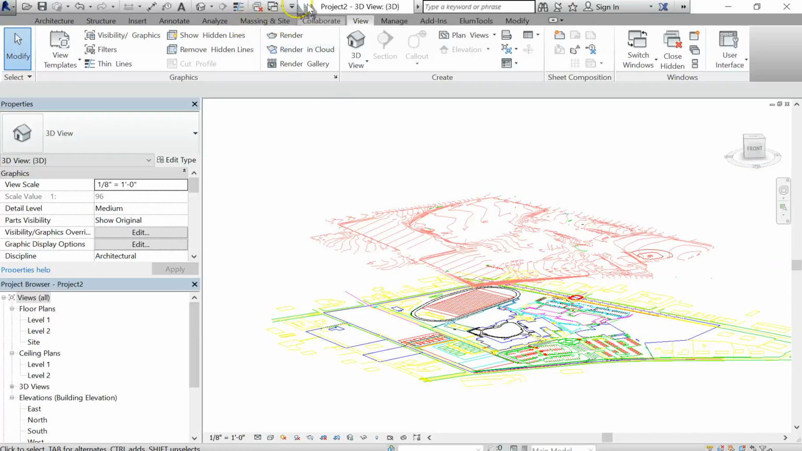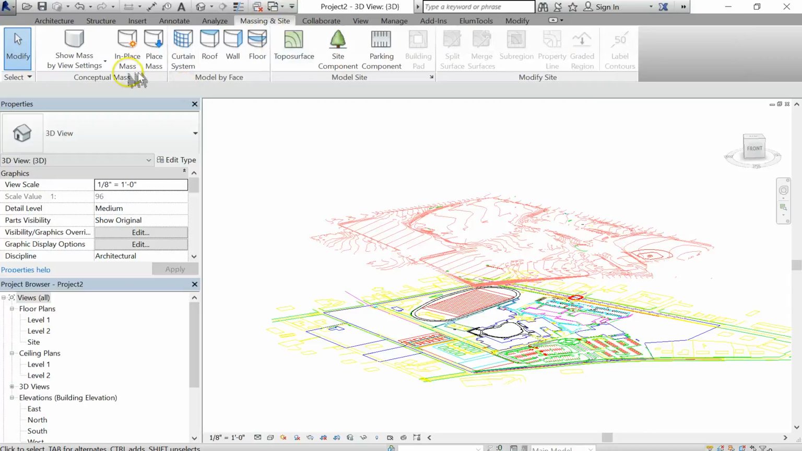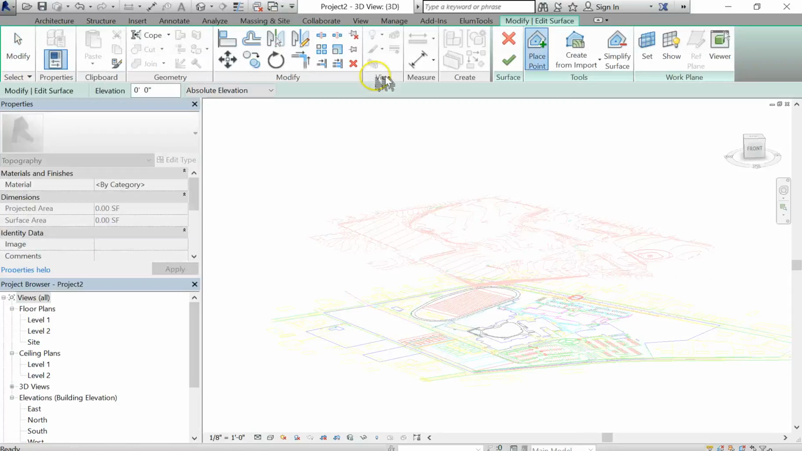So to make your site, go to the Massing and Site tab up here. And we are going to create a topo surface. By default, what it wants you to do is place a point. And what this point would do is it would be at the 0 elevation, and it'll start creating a shape. But instead of tracing these points all along and making many points, since we already have this line work and we have it at the right heights in AutoCAD, we're going to actually create from an